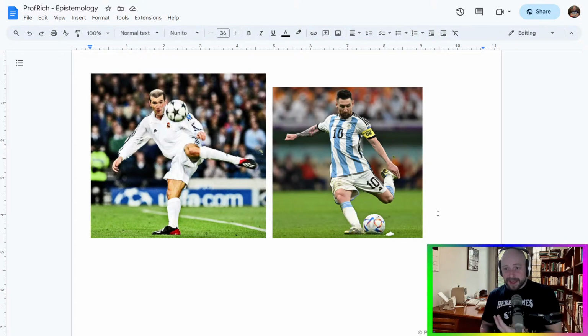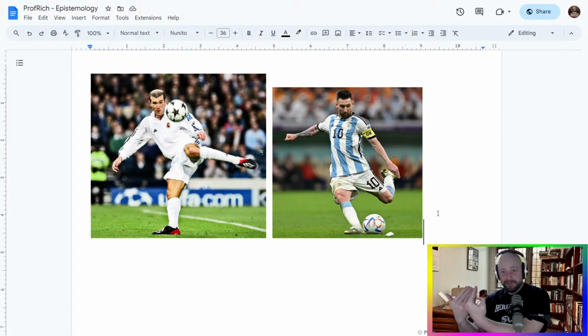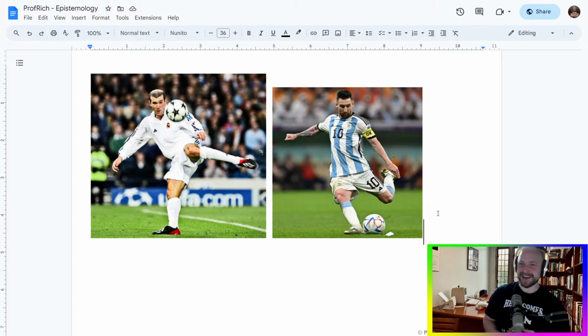We can look at Zidane and go, oh yes, I want to play football like Zidane. And we can aim for that, and that's good. It's useful for us as football players to aim for Zidane. However, we also accept that we have our own style. And maybe people will like that style also. They'll say, oh, Rich plays football like Zidane, but also he plays football a bit differently than Zidane, and I like that. Do you see what I mean?